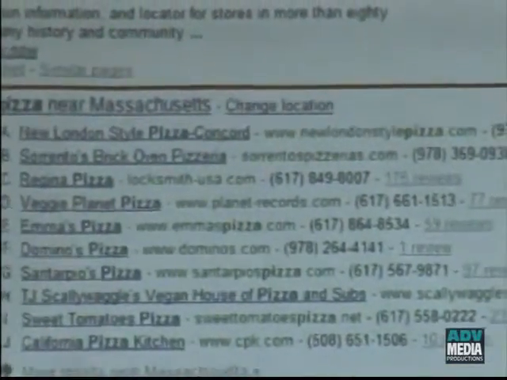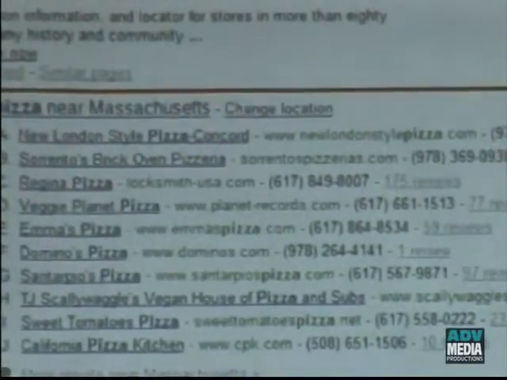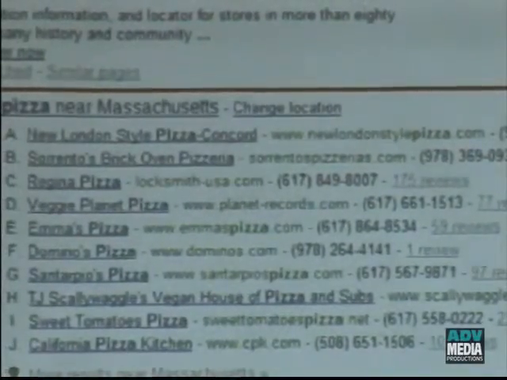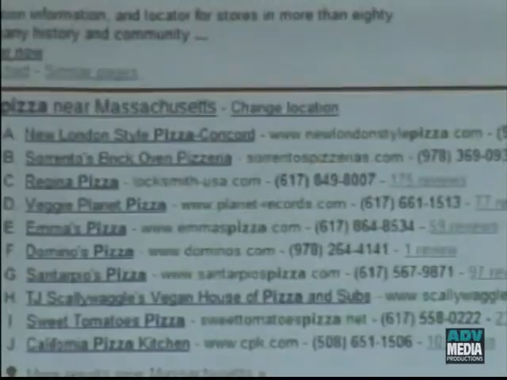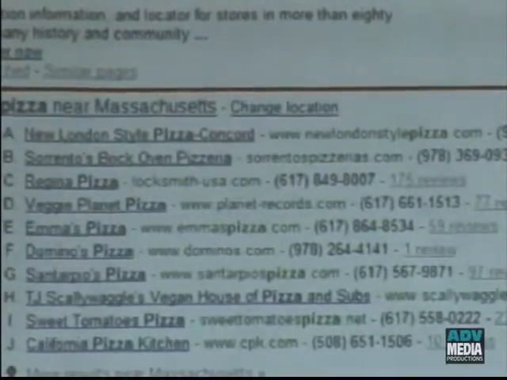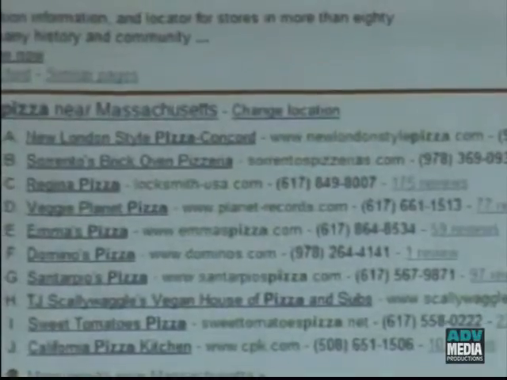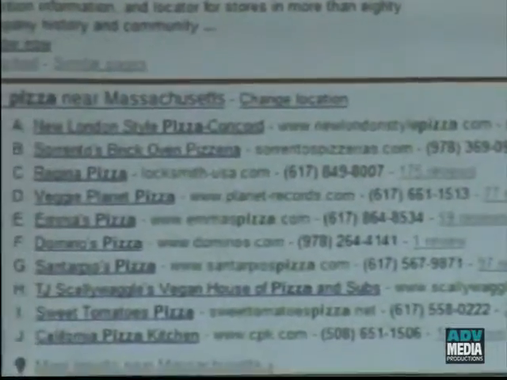Here's somebody who just typed in pizza, but they're getting local results anyway. This is real. This was taken from the internet. This was done without putting in a geo-targeted modifier, so you can see that they're still serving that person local results. That's important too. Now again, the top 10 box is a little lower, but it's still there, so you still want to be there.